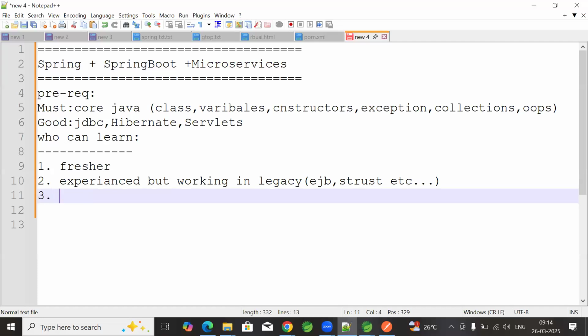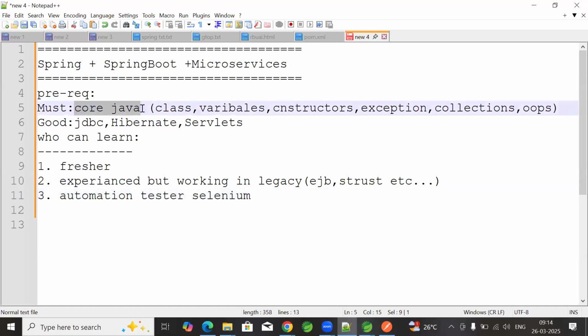I'm recommending it for testers also, automation testers, who are well aware of core Java, especially the Selenium people who want to switch to backend application development. They also can join here because they have the core Java background. If they want to switch from the testing background to development, they can come. UI developers